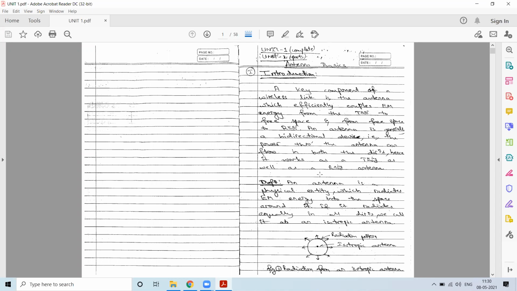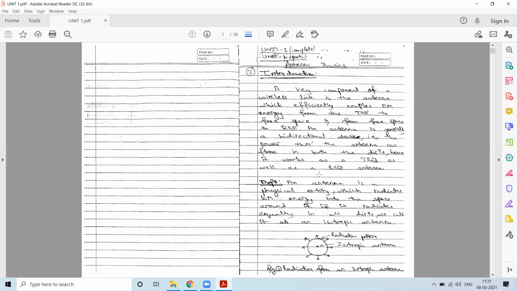So first of all, starting with the antenna, all of us have come across this term. What is an antenna? If we just observe, we are utilizing antennas in one way or the other. Say if you're using a mobile phone, signals are being transmitted. How does the transmission happen? It happens with the help of the antenna. And how does the reception of the signal happen? It happens because of the antenna which is present. Say you have a patch antenna in your mobile phone, and that patch antenna helps you to transmit and receive the signals. So an antenna basically helps in transmission of signals from one point to another point.